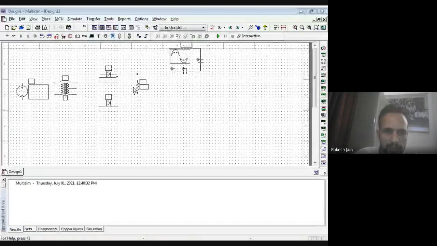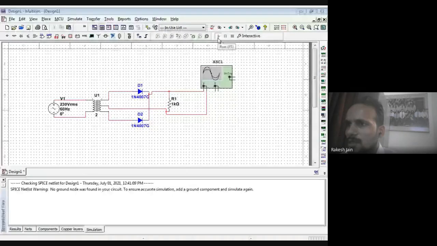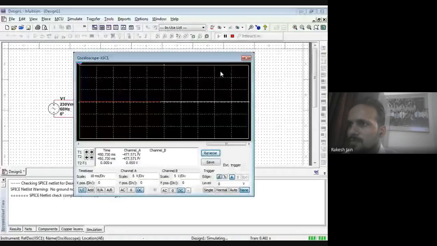So this was your circuit which we just designed. Now I wish to check the output. So just click on run and double click on that CRO. You will see the page over there. Once again check.